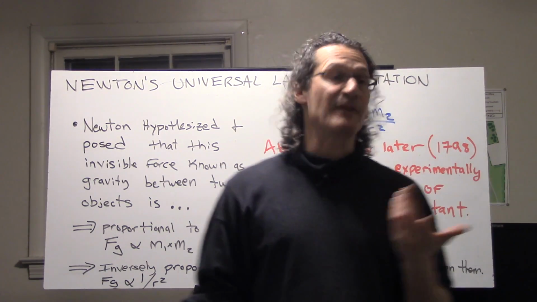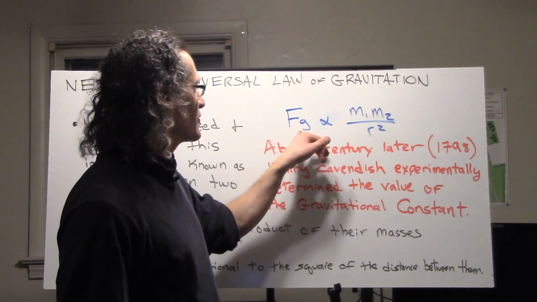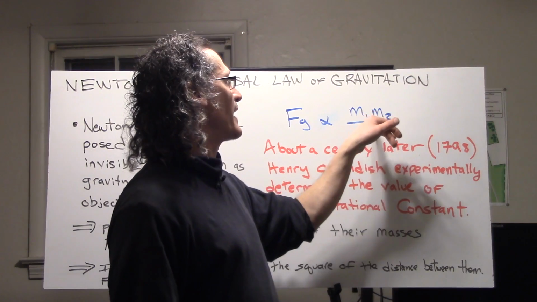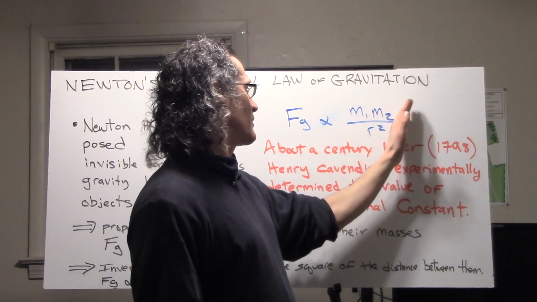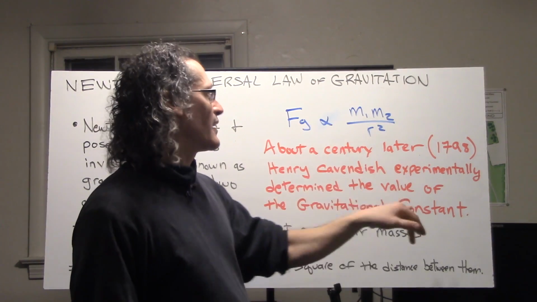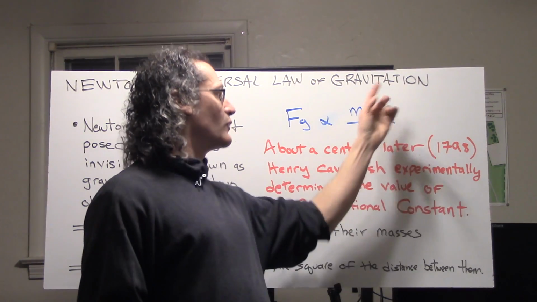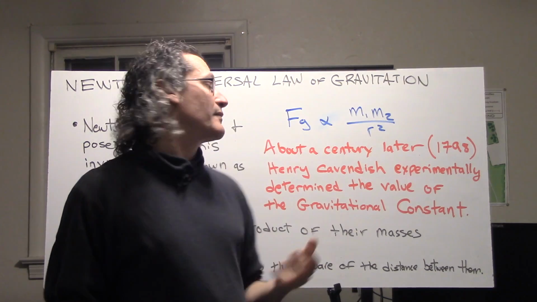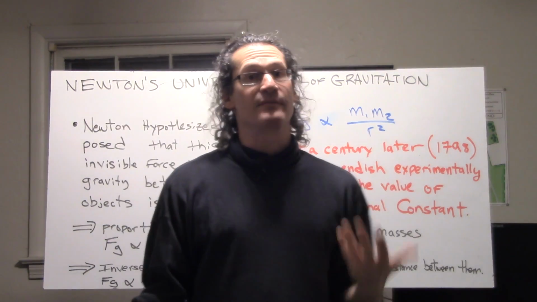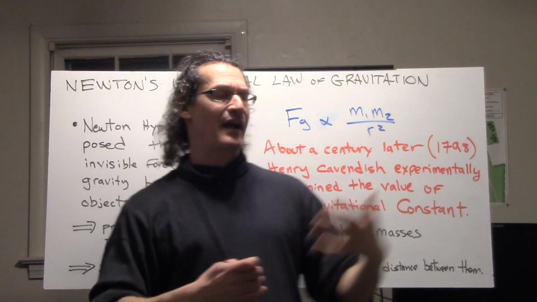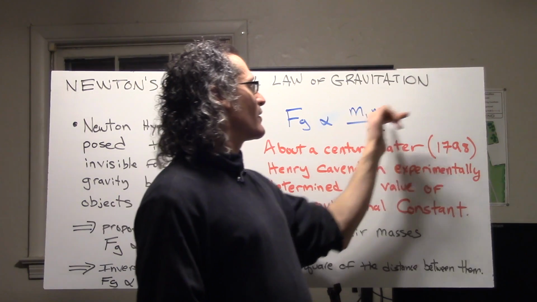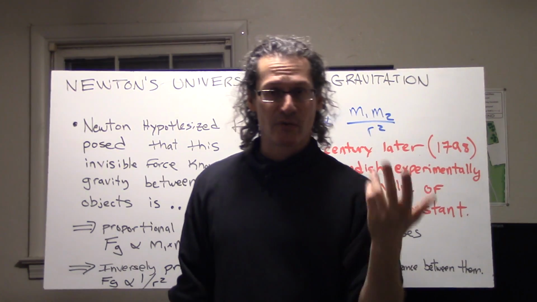It means this. The force of gravity is proportional to m1 times m2, proportional to the product of their masses. So if I double mass 1, this whole thing doubles over here, and so the force of gravity between them doubles. If I double mass 1 and mass 2, that is going to be 4 times greater, 2 times 2, and so the force of gravity between them is 4 times as great. So it tells us something about the proportion, like how many times greater one thing happens when you change one of these variables. And what's in the denominator is an r squared. So we have a square in the denominator.